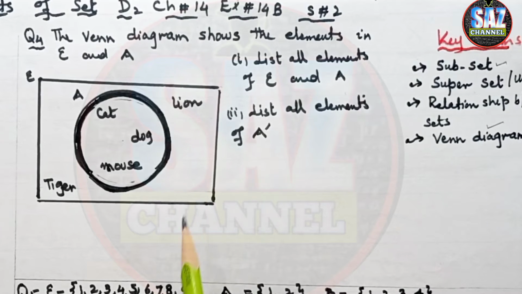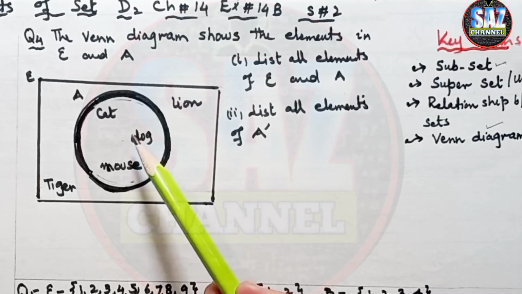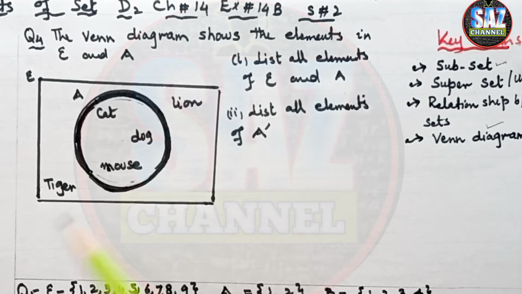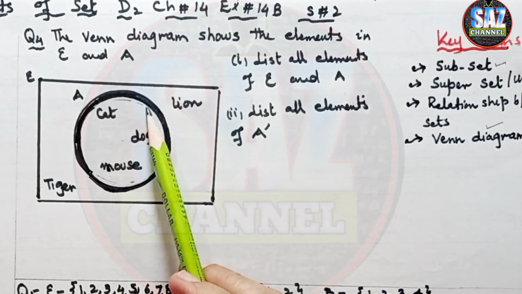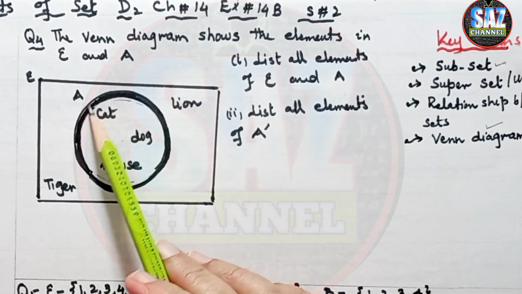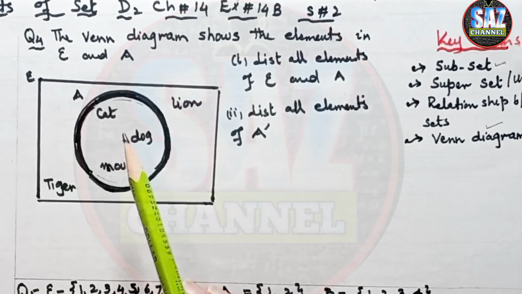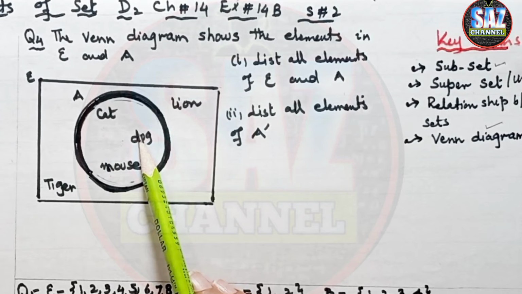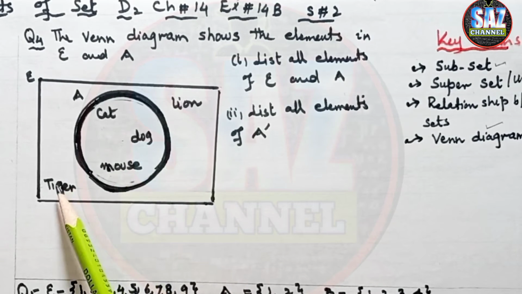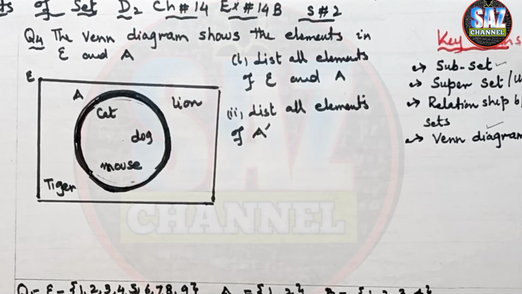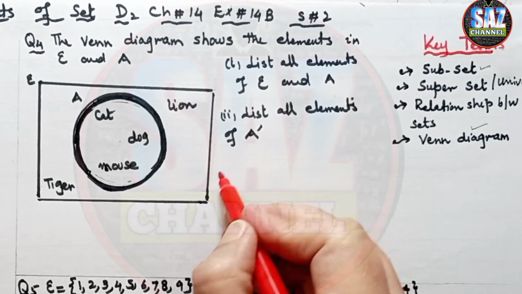So if we look at the Venn diagram which is given in the question, we can see set A consists of cat, dog and mouse, and the universal consists of the lion and tiger. But we can see that A is a subset of this universal, so this cat, dog and mouse will also be coming in the universal. So the universal will have the elements,